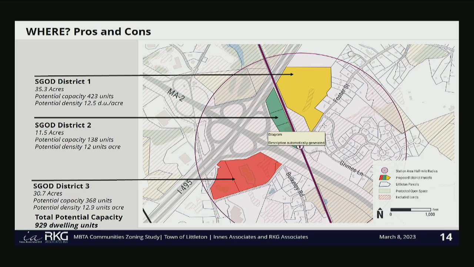Now, where the difference is between the 300 units and the 150 is when we get to the dwelling units per acre calculation. So the requirement is for that average 15 dwelling units per acre. When we did the assessment at the last meeting, we said that you needed to be between 9 and 12 dwelling units per acre. If you take the parcel size of each of these districts, they're larger than 10 acres, which means in order to get to 9 to 12 dwelling units per acre, you're going to have to take